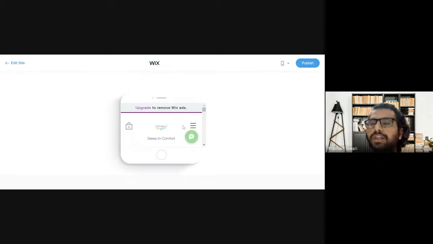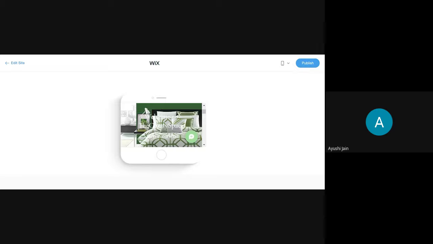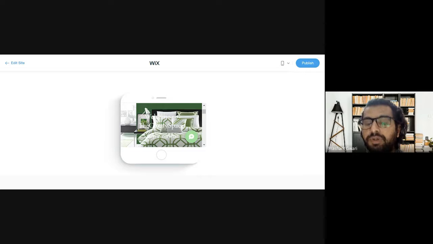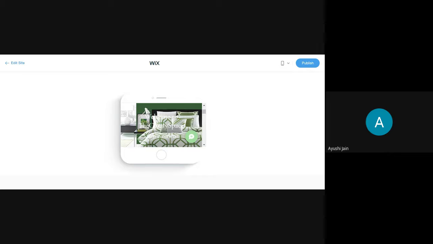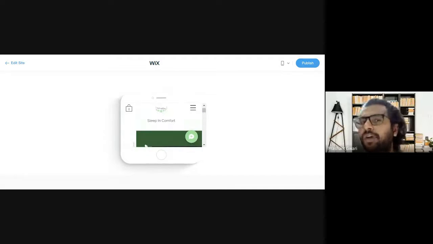Now it's overlaying your image. Because of this responsiveness, your font is not visible in the mobile version because the font color is white. So you need to change the background color of your image, or change the text color of your font, because 95% of traffic comes from mobile devices. You have to create a website which is mobile friendly.